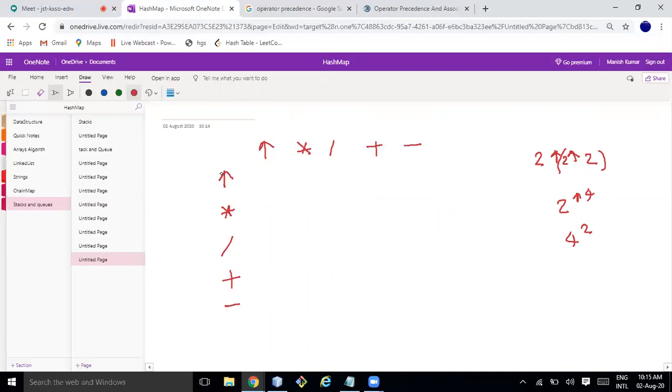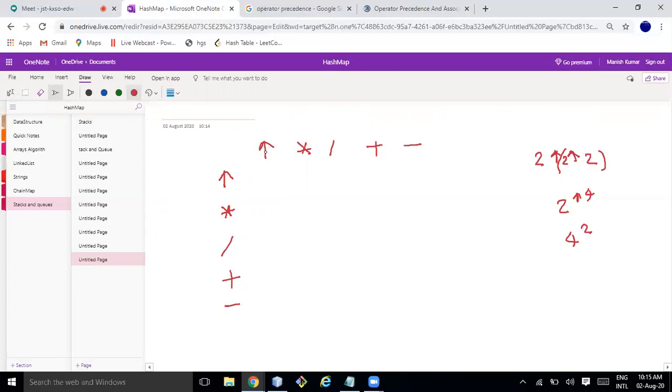So for power, we have to move from right to left, and for the others, you have to move from left to right. Okay, assume this is left, this is right.